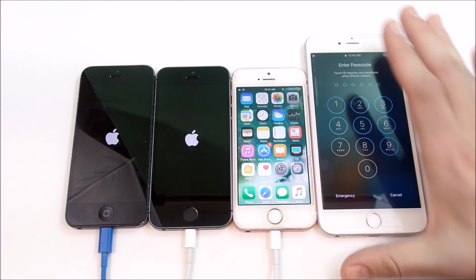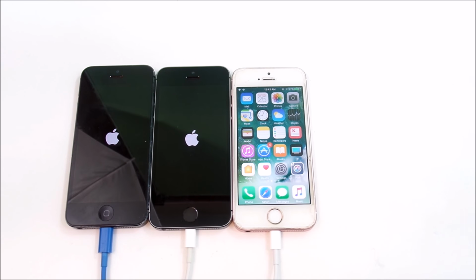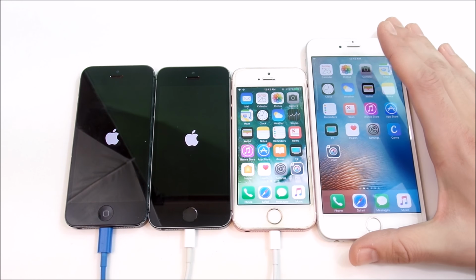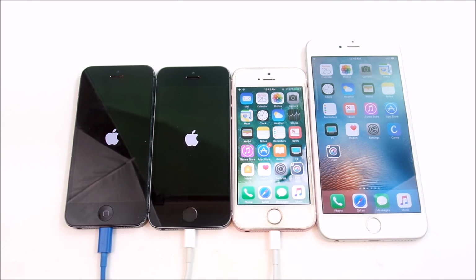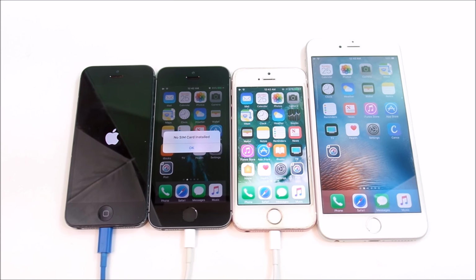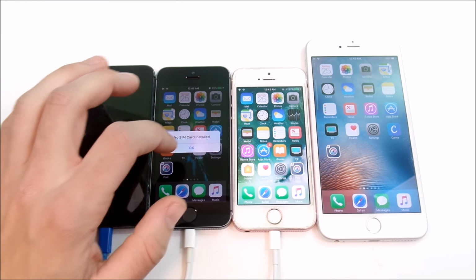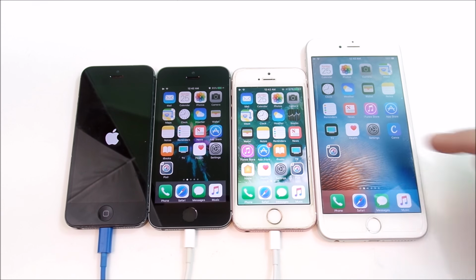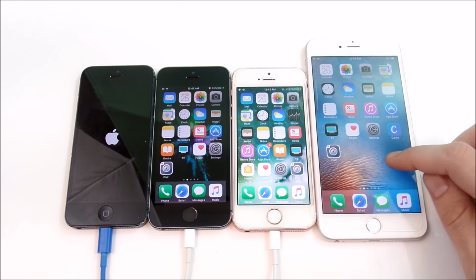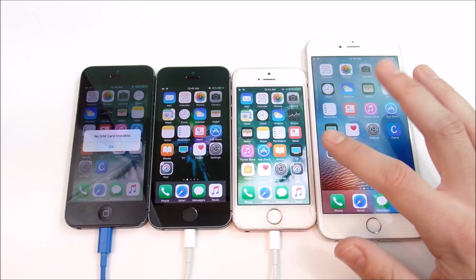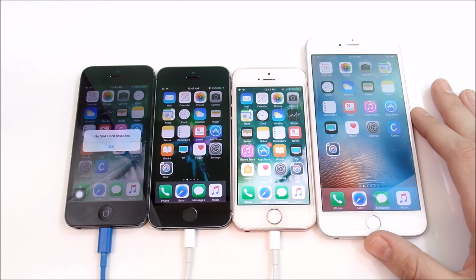The iPhone 6S Plus is first to the home screen there. Forgot to turn the passcode off, but we're in there. Then the SE was second. So iPhone SE has an Apple A9 CPU, also clocked in at 1.85 gigahertz, and the A9 as well here on the iPhone 6S. So these are very similar, but the reason I wanted to do this comparison is because